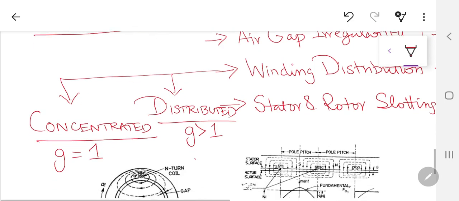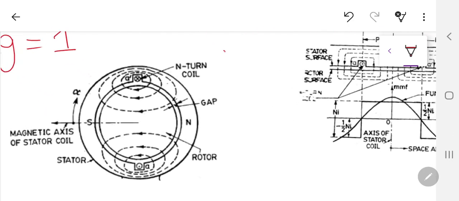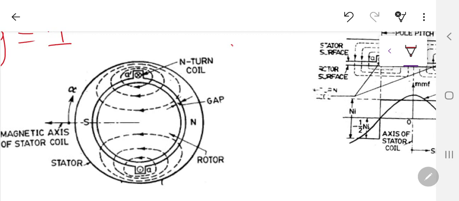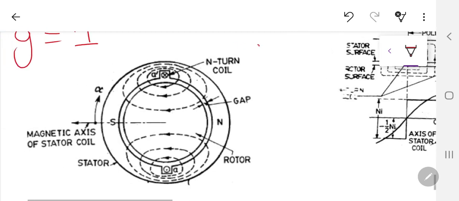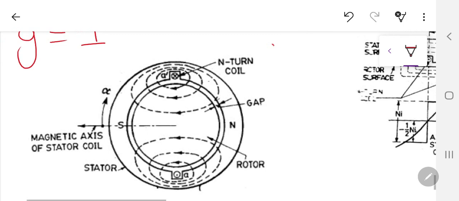For this purpose, let me take this curve over here. Now, this is not a three-phase machine, and I have not shown the A phase, B phase and C phase over here. For now, just assume that the A phase is there. If you can see this circular stator, the rotor is shown as just a simple sphere. There is a magnetic axis of the stator coil. This is the alpha angle, and the MMF is going to be plotted against this alpha.